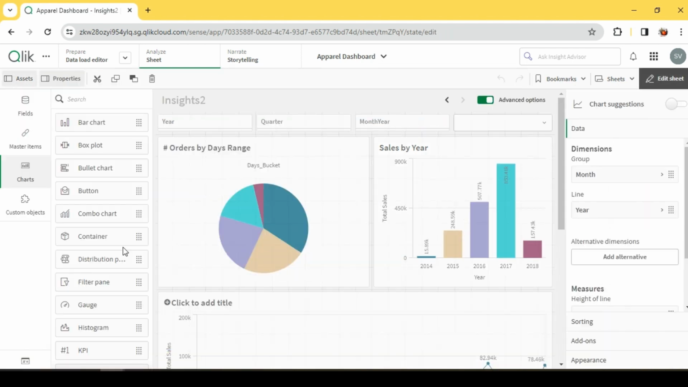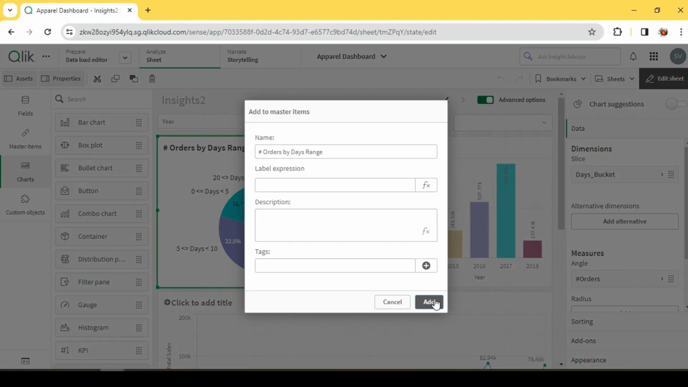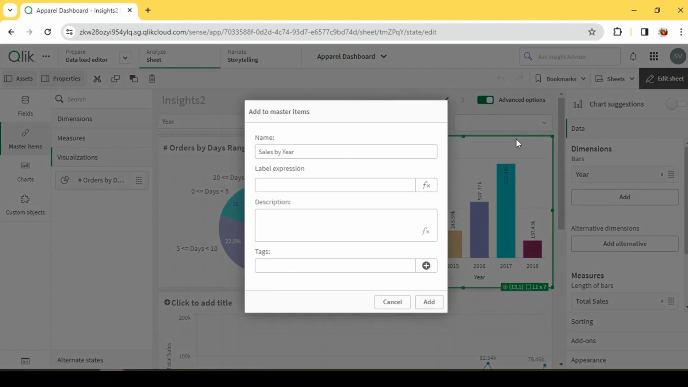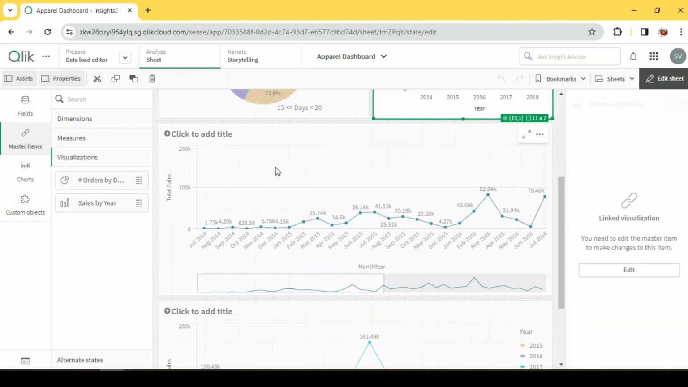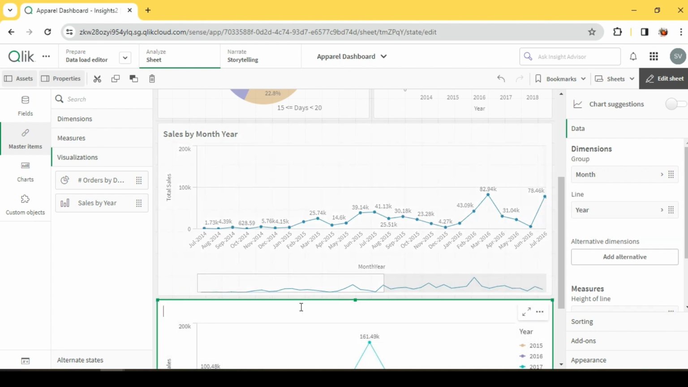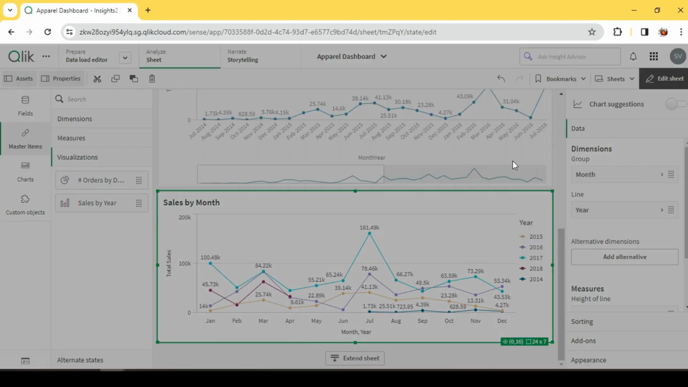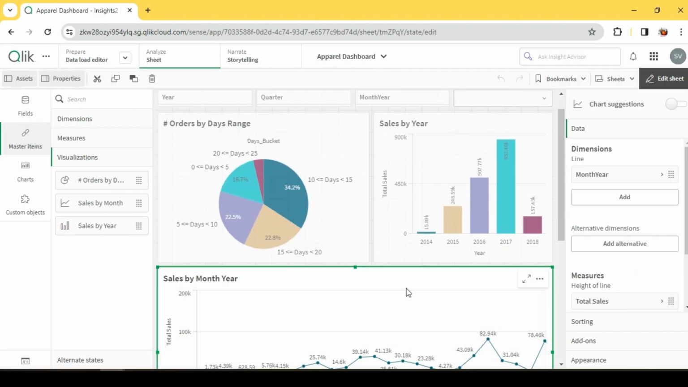Now let me quickly try to put this into a container. Okay, so before we add this into a container, we have to add this to master items. So I'm adding each one of them to the master item: sales by year, sales by month year, sales by month. Okay,